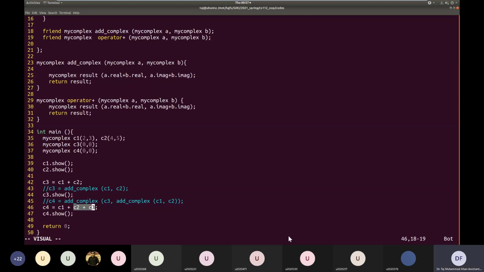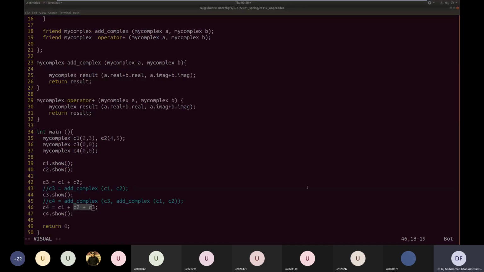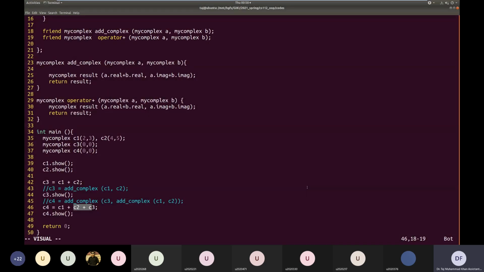So usually it is not implemented as a separate external function, because if you define it as a separate function, you have to give it access to private member variables.